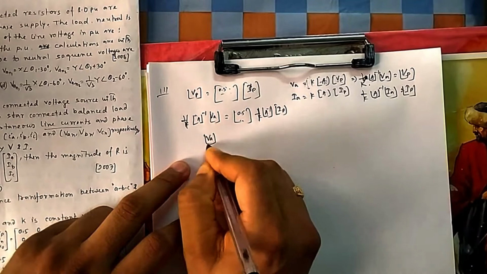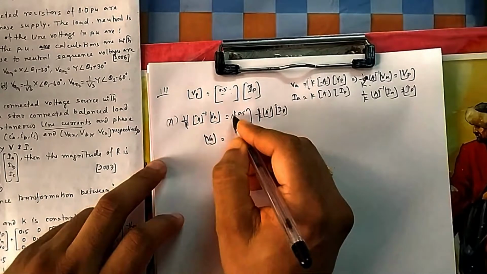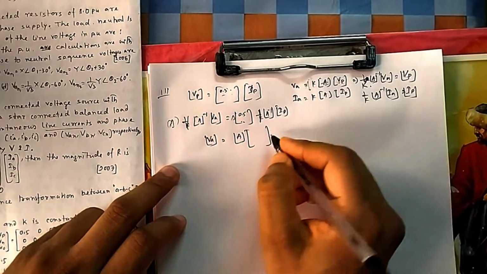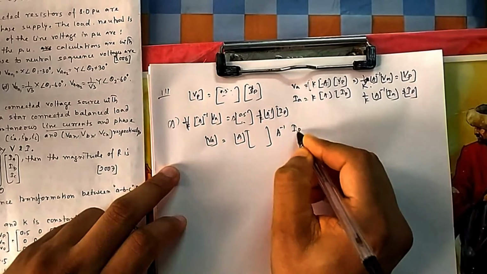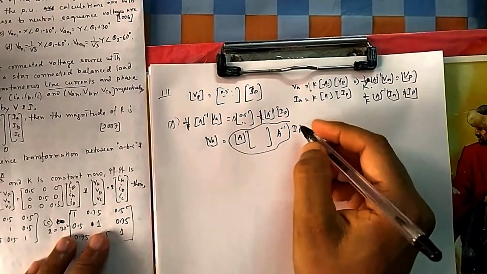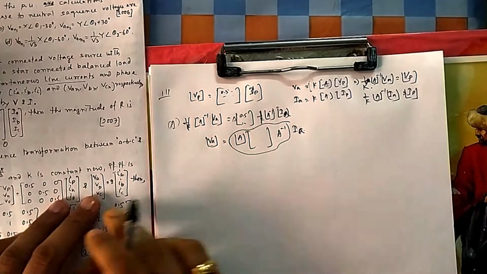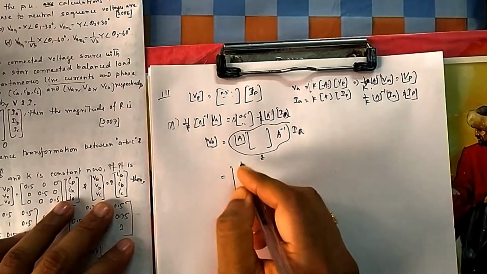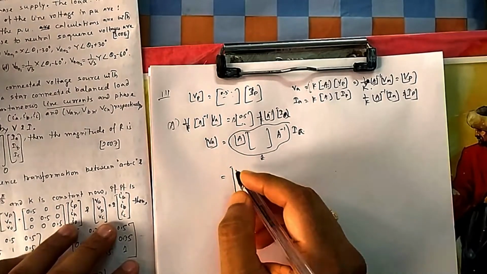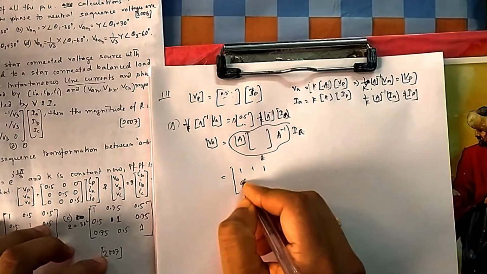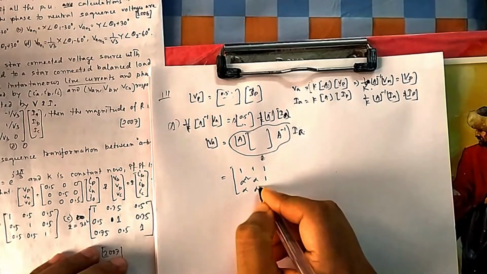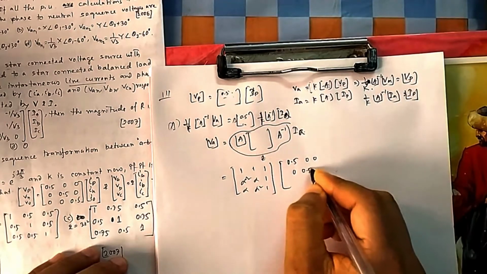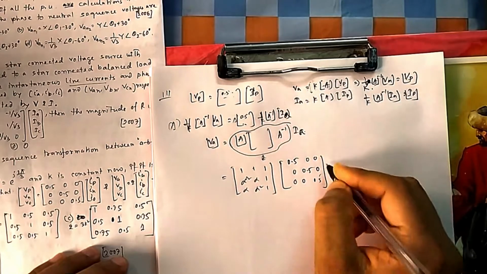So if you need to find VA, now you have to multiply both sides by A, so that A and A inverse get cancelled. So it will be A, then that matrix, then A inverse, then IA. So this is the relation between VA and IA, so this is your Z. That is the question they ask you. So you put these values of A and everything and you will find the answer. K is already gone, so A is 1 1 1, alpha square alpha 1, alpha square 1 alpha, alpha is 1 angle 120, you remember it, 0.5 0 0, 0 5 0, 0 0 5, and then the inverse of this one.